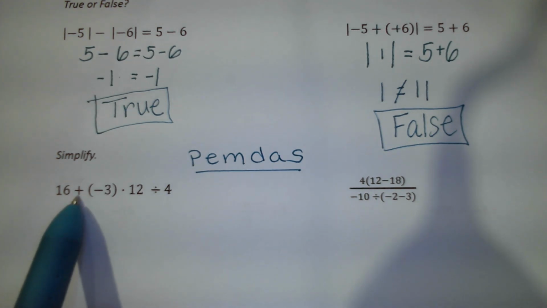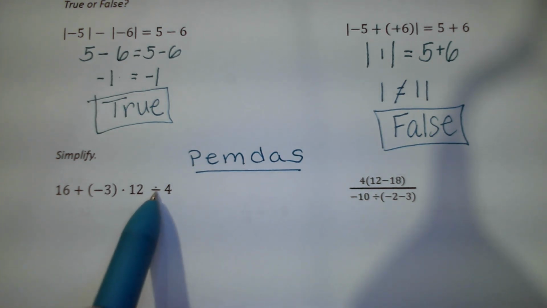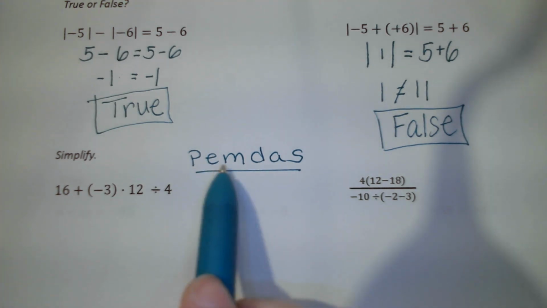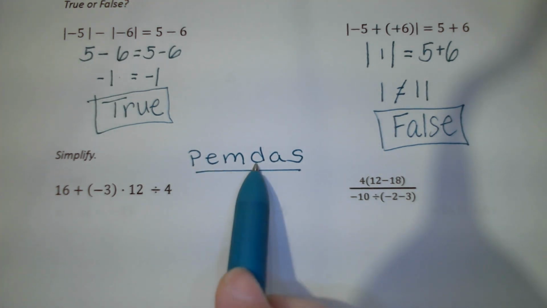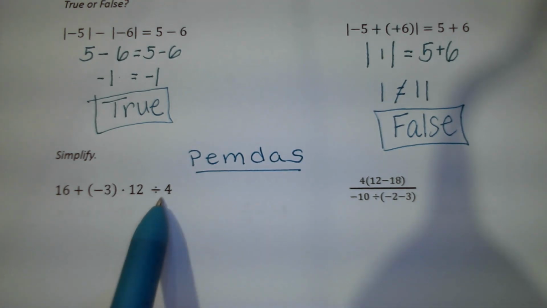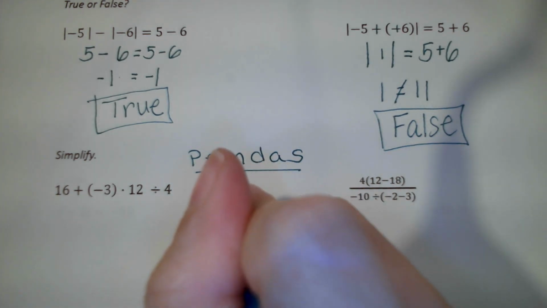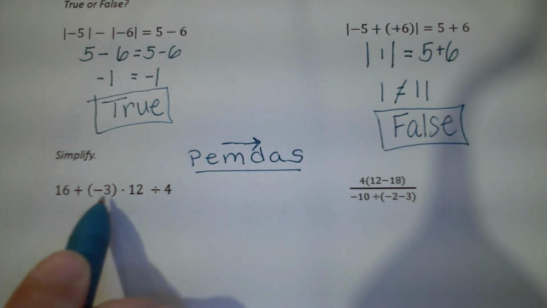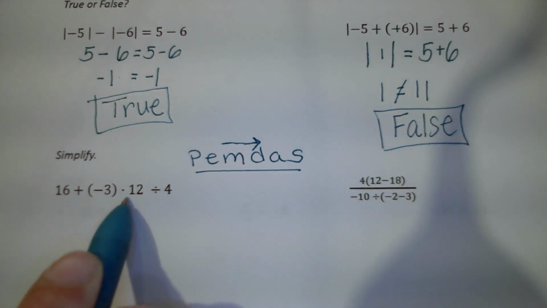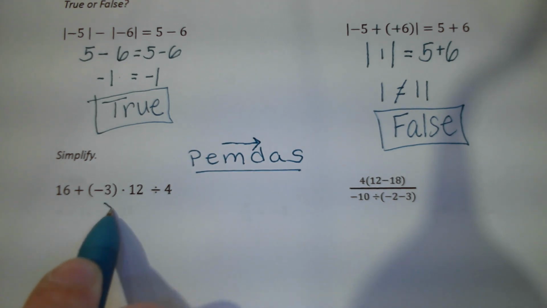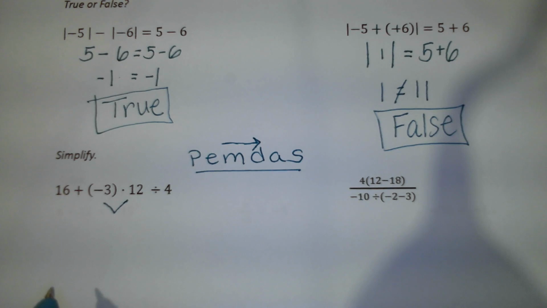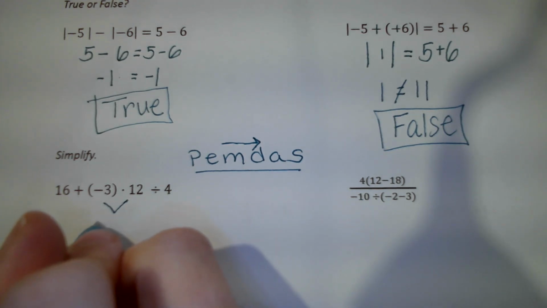So I have addition, multiplication, and division. I don't have any parentheses, I don't have any exponents. I do have multiplication and division. Now I'm going to remember that I do multiplication and division from left to right. So the first one I come across when I go from left to right is multiplication. So I'm going to start by multiplying -3 times 12. And that gives me